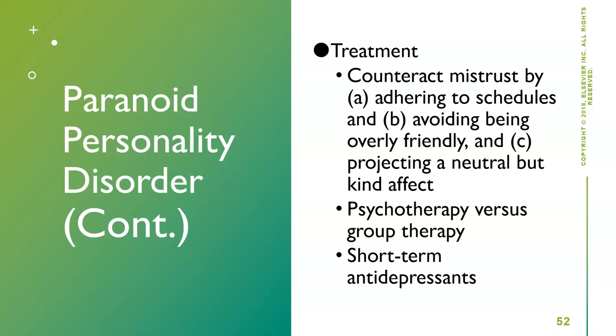For all of our personality disorders, we are going to remember psychotherapy is the first line of treatment. Because it is personality, they need therapy. Meds can be helpful. If they have anxiety, we give them anti-anxiety meds. If they have agitation, we may be treating them with antipsychotics. But medications are going to be based more on the symptoms and less on the diagnosis. Individual therapy is going to be the one for paranoid personality. Group therapy, they may feel threatened just being around so many different individuals.